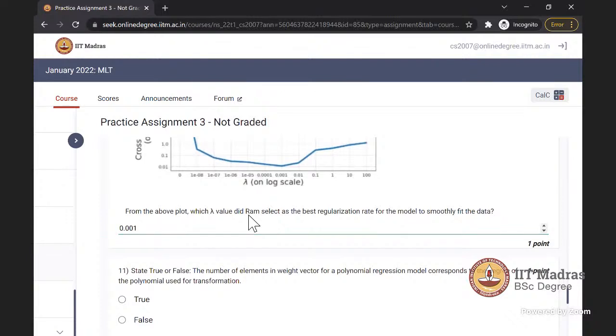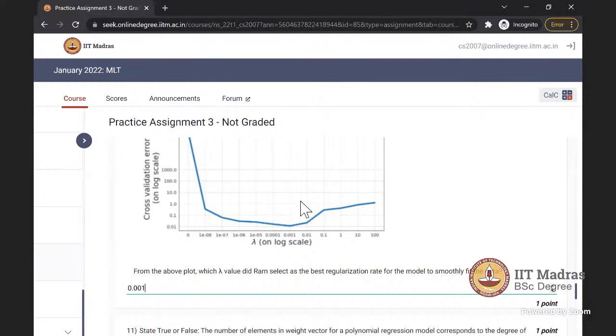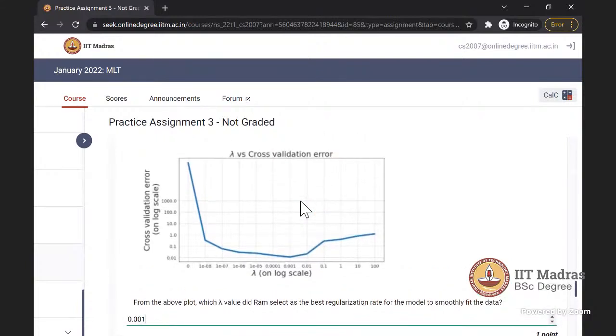I have a general question. So lambda is a hyperparameter, right? So why don't we use the cross-validation error for selection of the learning rate? Because learning rate is also a hyperparameter, isn't it? It is definitely a hyperparameter. However,